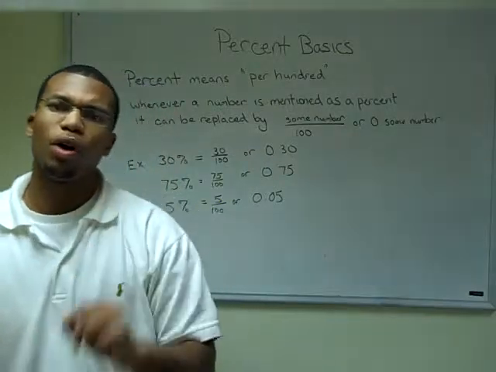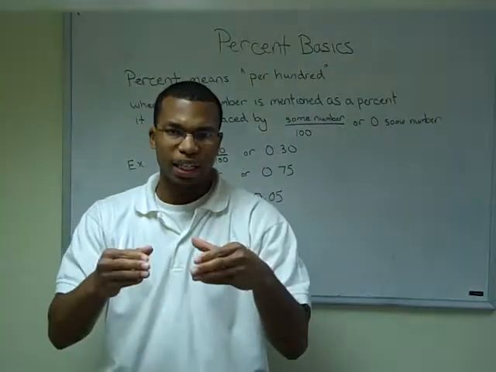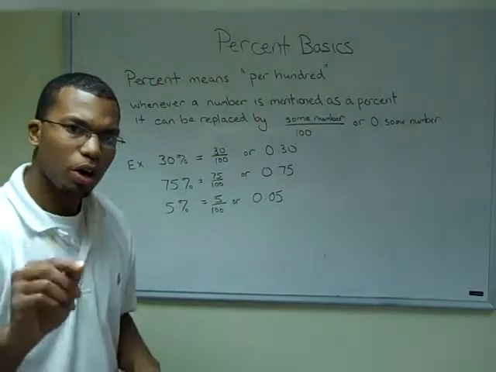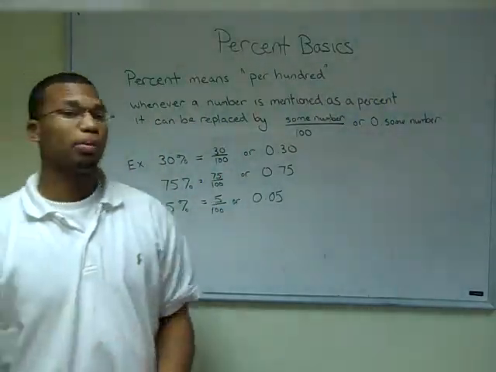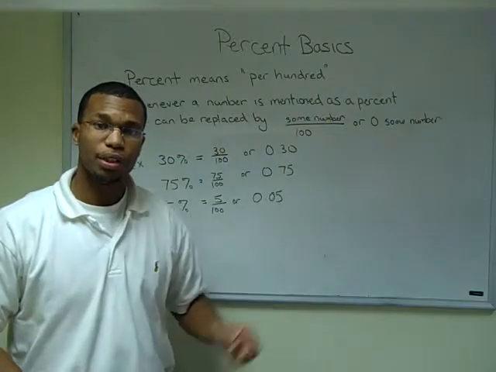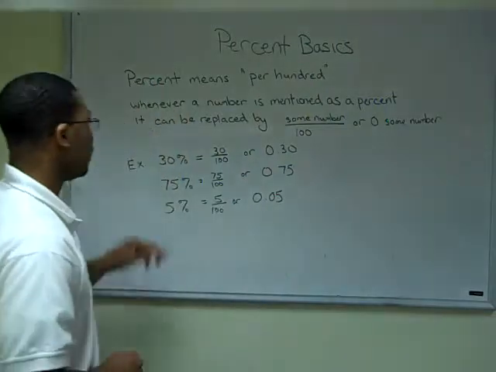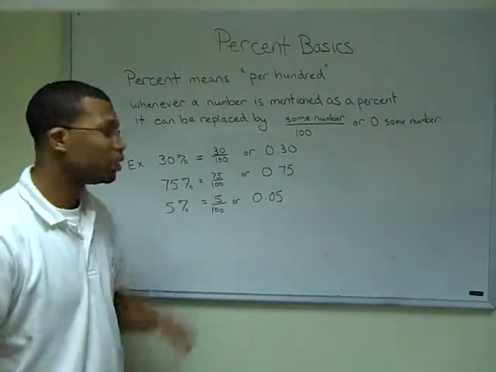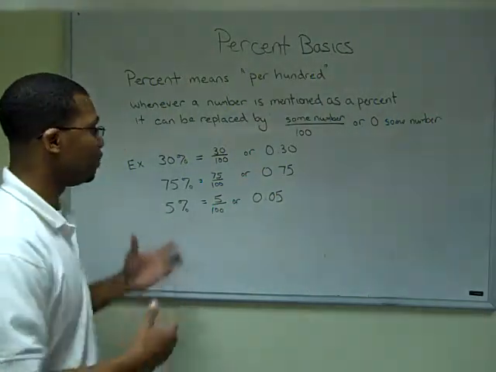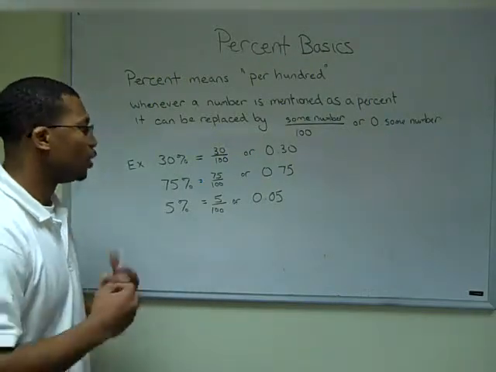Okay, when you hear the word percent, it usually means per hundred. Cent as in meaning 100 pennies make up $1. So per cent means per hundred. So whenever a number is mentioned as a percent, we can automatically replace it with that number over 100 or 0 point that number. For example, if I said 30%, 30% means 30 over 100 or 0.30. If I said 75%, 75% will be the same as 75 over 100 or